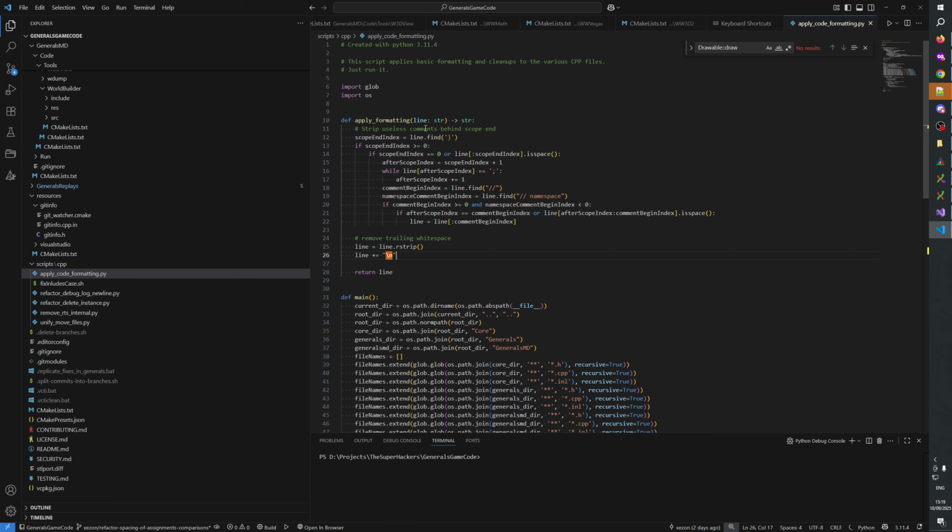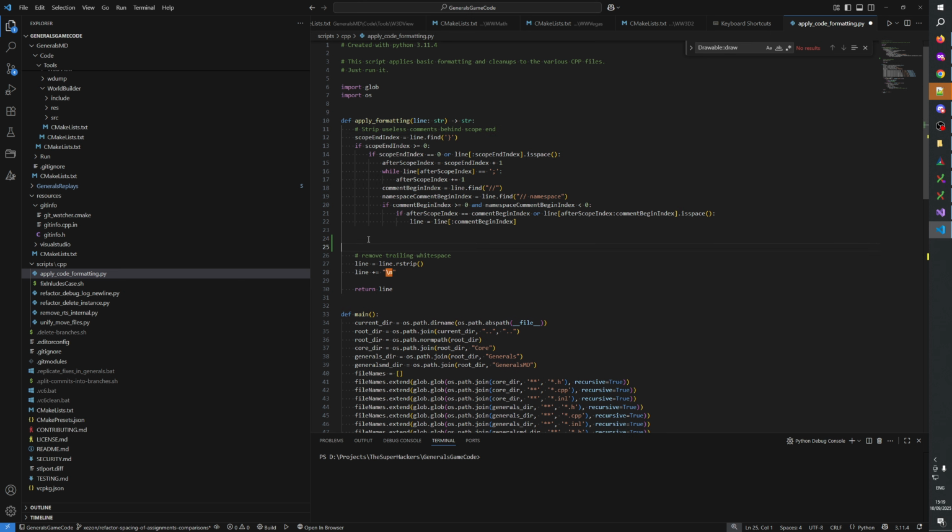So here we have strip useless comments behind scope end, and then let's create a new one here. Add spaces around assignments and comparison operators, and there we do